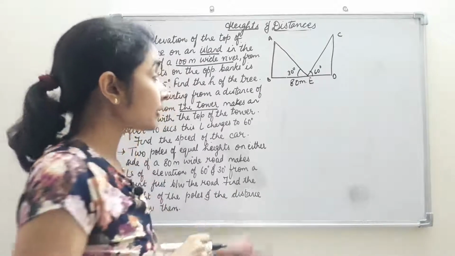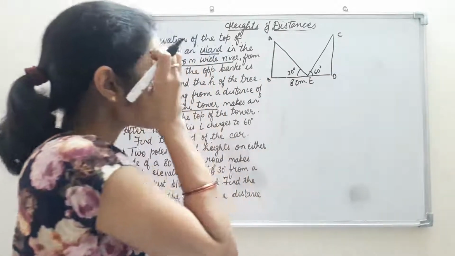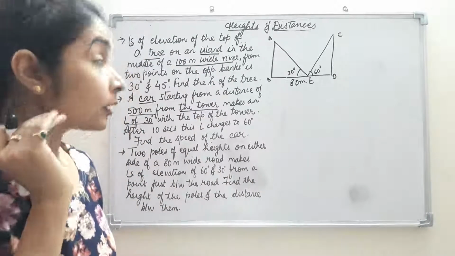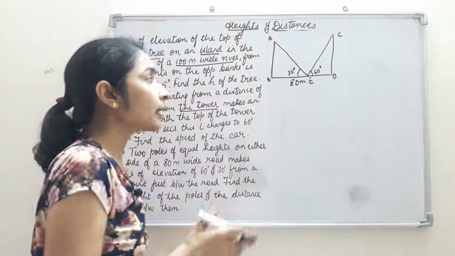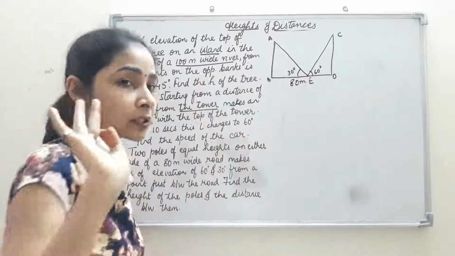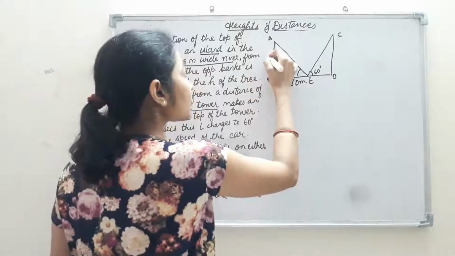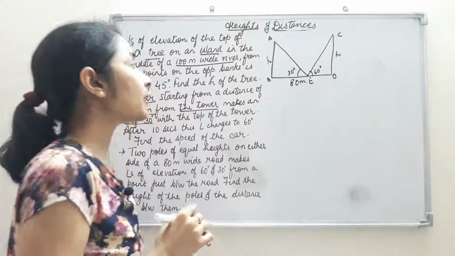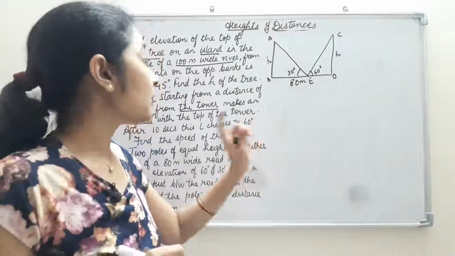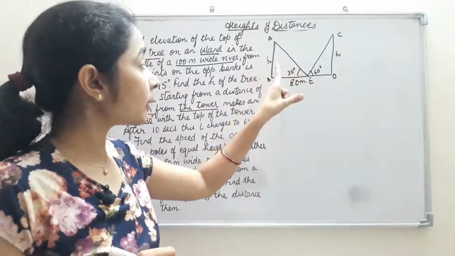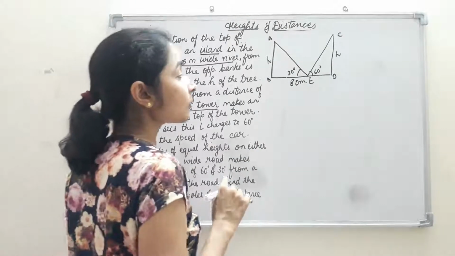Now the distance between the point and the pole, that means we are supposed to find this distance as well as this distance. So how will we find it? Again we are having two triangles, so we will take the two triangles. H is common because we are given that the two poles are of equal height. Though they are different triangles, the height is equal, therefore we can take both. Let us suppose it as H. So what will be the statement? Let AB and CD be two poles of height equal to H meters, and the angles of elevation be 30 degrees and 60 degrees from the point E, and distance BD is equal to 80 meters.